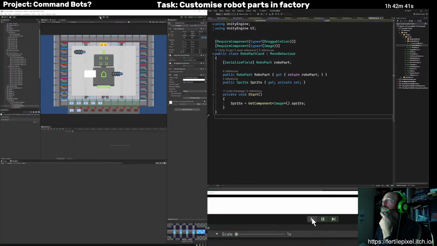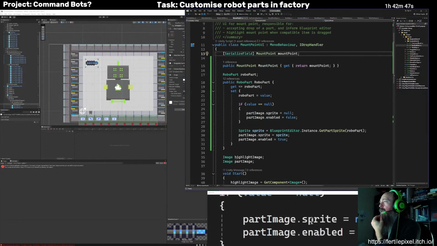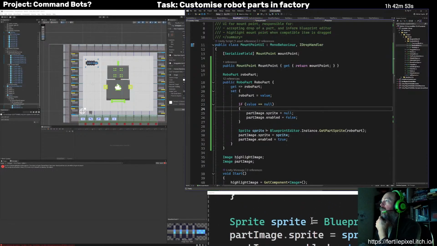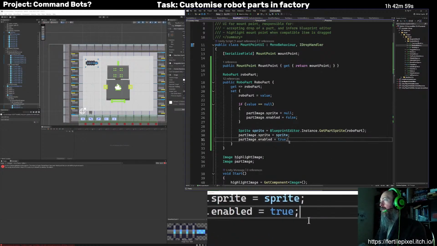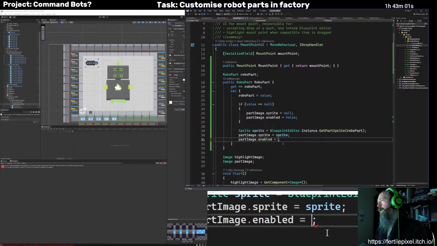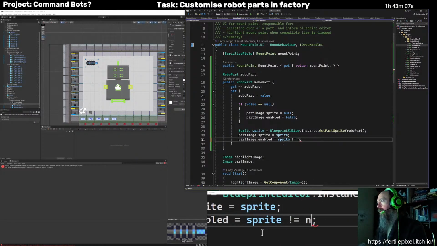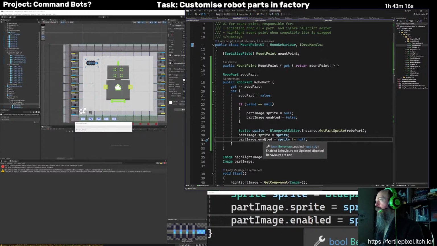That white square is not quite the desired behavior. And I believe that is... If we get the sprite, instead of just enable true, it's going to be if the sprite is not equal to null. That's what will determine if it's enabled, so that if we don't have the sprite, we don't end up with the white square. But when it's properly set up, they should all have a sprite anyway.